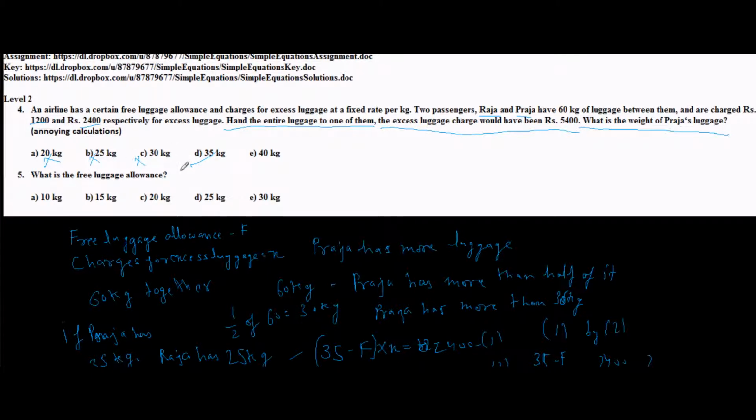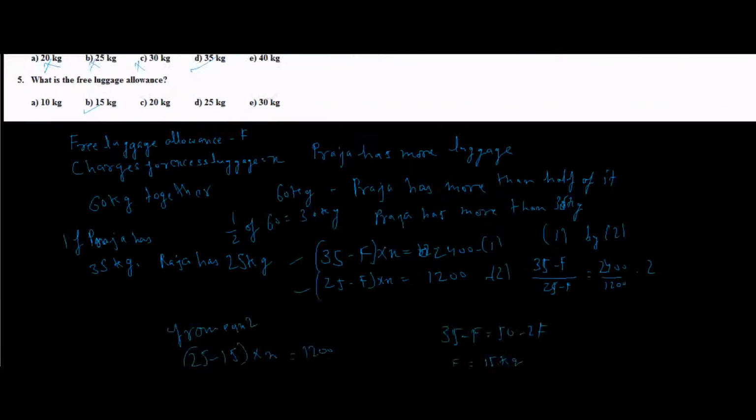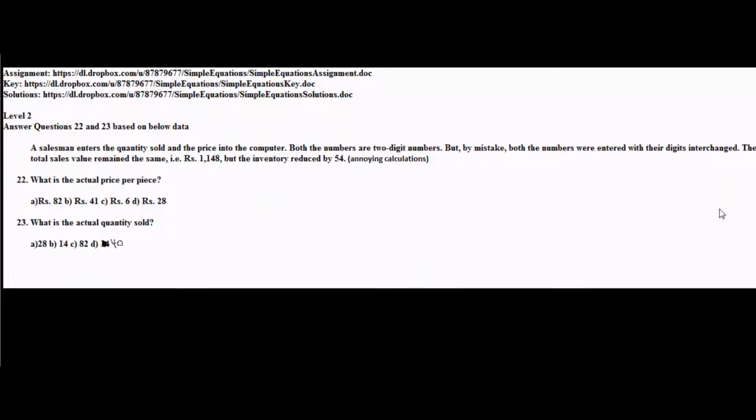Now in the process of solving this question, I have already solved the question which asks what the free luggage allowance is. It is 15 kg. So a very important lesson from these three problems which we have done is that before forming the equations, just see what exactly is asked in the question, and we might be able to eliminate lots of calculations. So the first step in this direction is looking at what is being asked in the questions and then doing the needful. Let's move to one more question in this lecture.